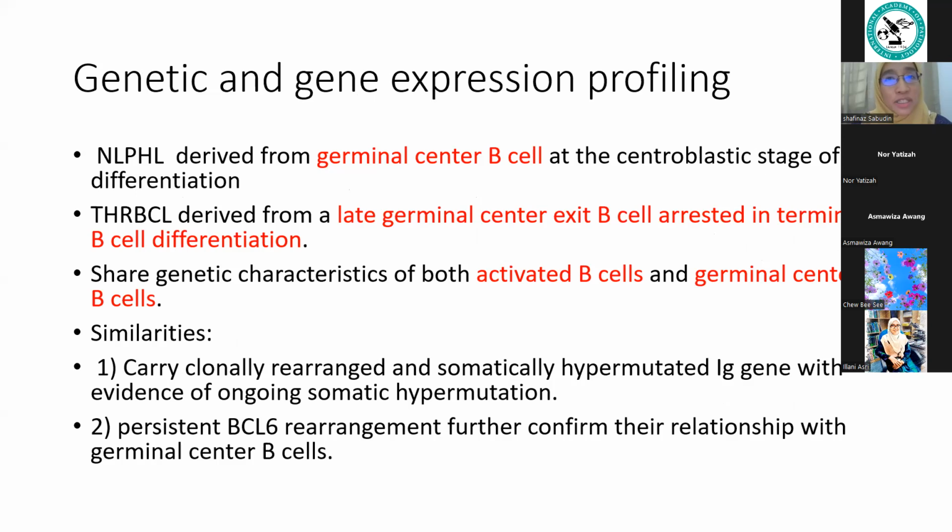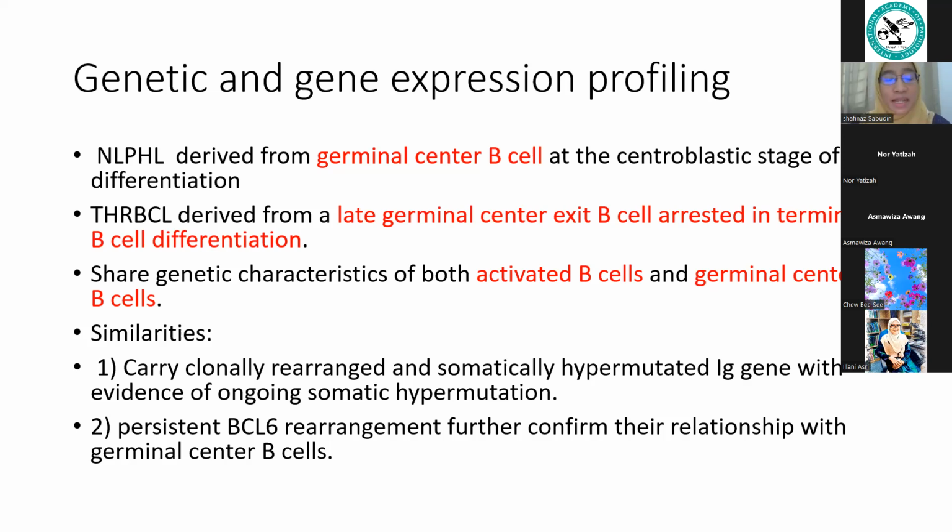Nodular lymphocyte predominant Hodgkin lymphoma derives from germinal center B cell at the centroblastic stage of differentiation. T histiocyte rich B cell lymphoma also arises from the germinal center B cell arrested in terminal B cell differentiation. So from here, you can see how closely they are in terms of their location of mutation in the germinal center area. That is why they share so many genetic characteristics of both activated B cells and